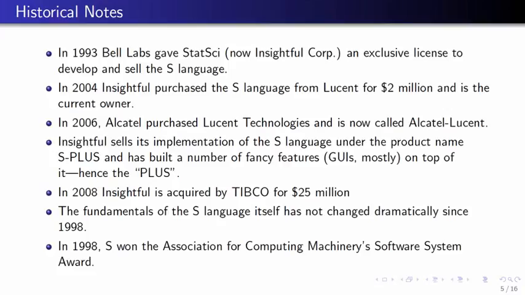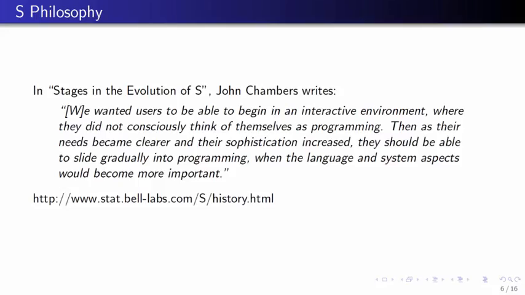The basic fundamentals of the S language have not really changed since 1998, and the language that existed in 1998 looks more or less like what we use today, at least superficially. It's worth noting that in 1998, the S language won the Association for Computing Machinery's Software System Award, a very prestigious honor. In a document called The Stages in the Evolution of S, John Chambers, the original creator of the S language, laid out his key principle in designing the S language. And it's very important, I think, to see this, which is that basically they wanted to create an interactive